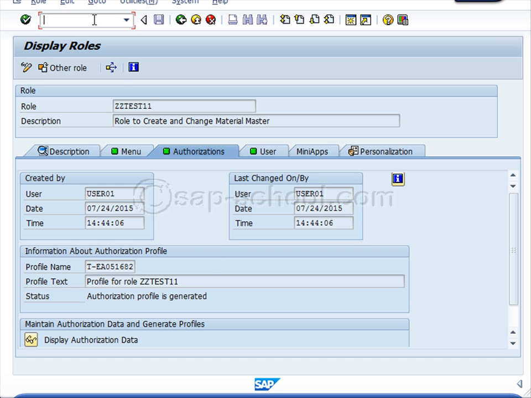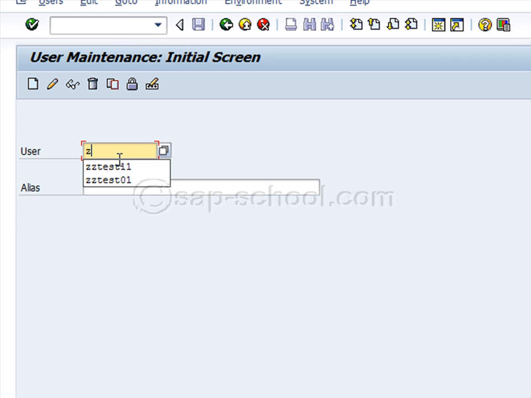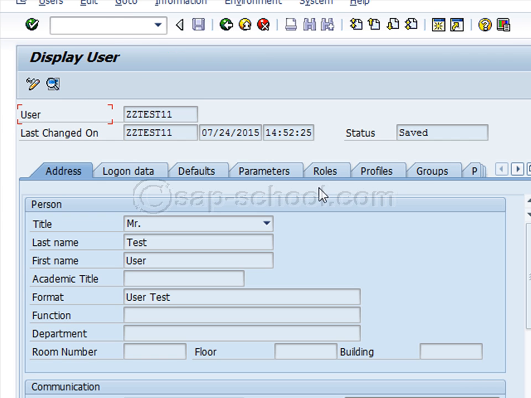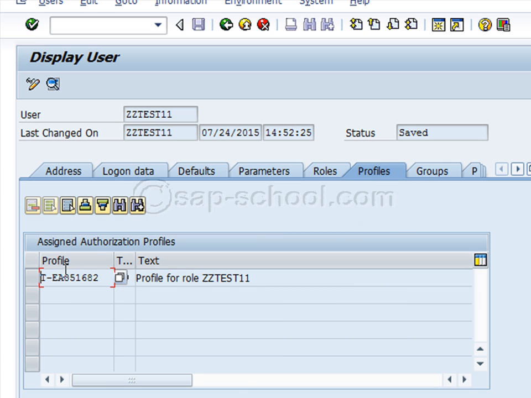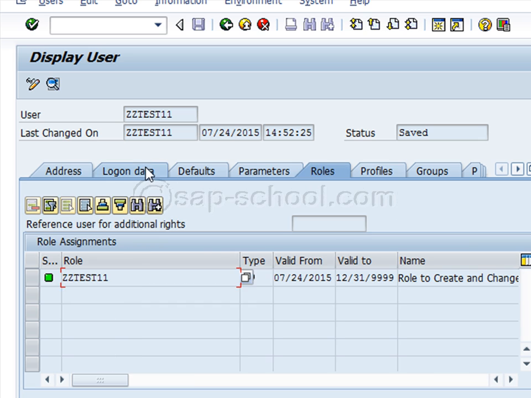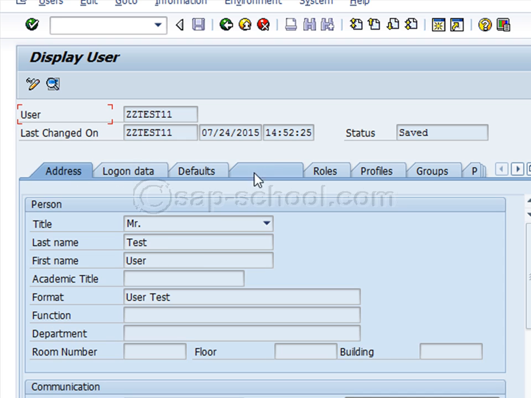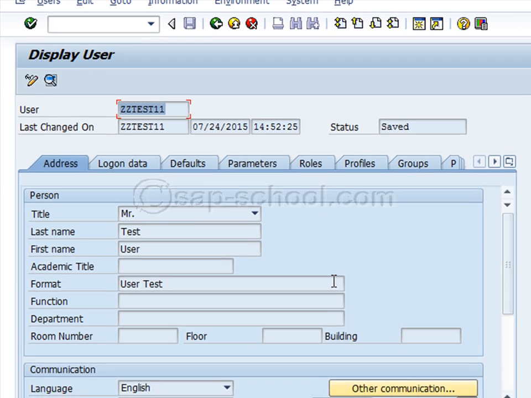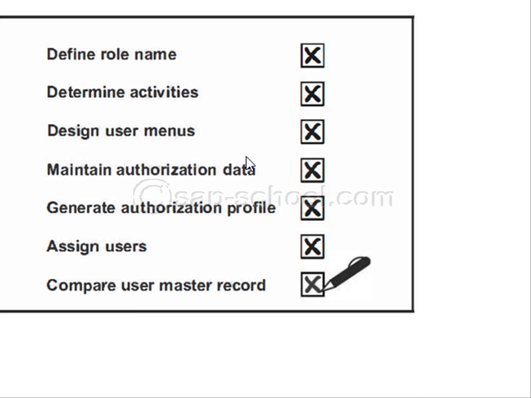And then I went to SU01, created a new user with the same name, assigned the role that I had created to this user, and the system automatically added the profile and then set up the login data for this user and the other details. I logged in with my new user and carried out the transactions. So all the steps in the end-to-end role, user, authorization profile setup were carried out